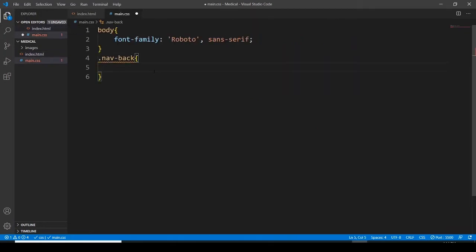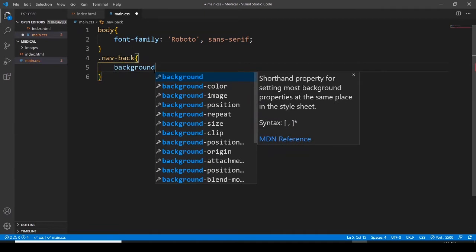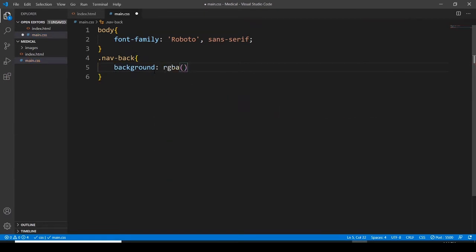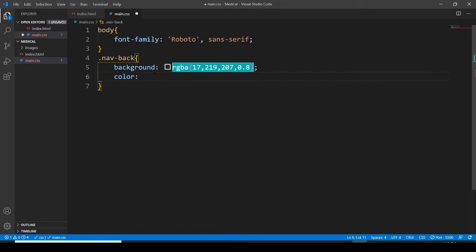What I'm going to do with this class, I am just going to give it a background, and the background is going to be RGBA 17, 219, 207, 0.8, and I want to use a color. Font color, the color of the links would be